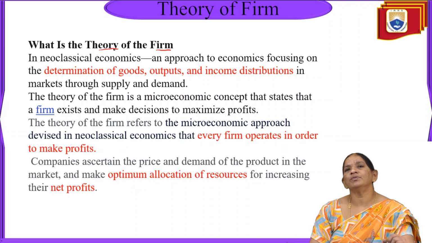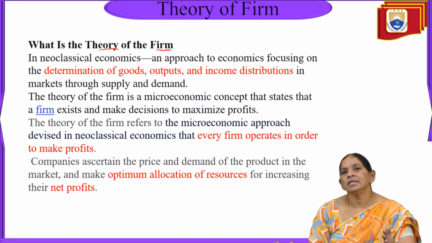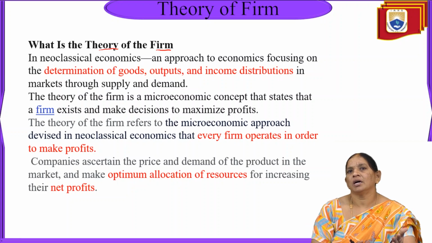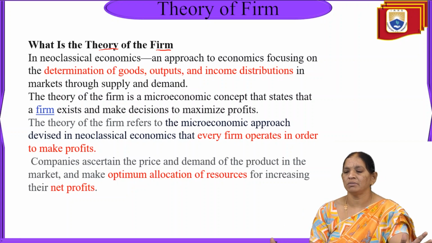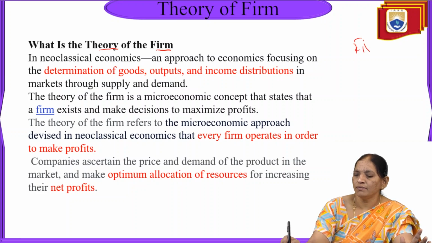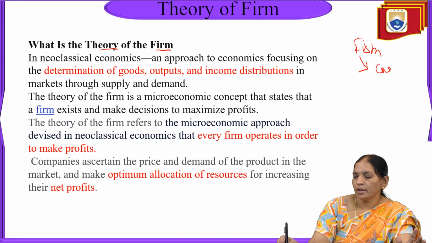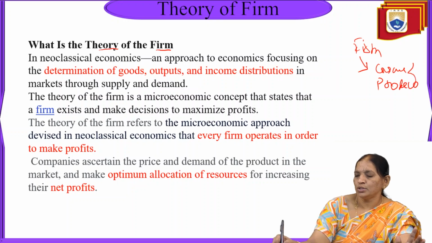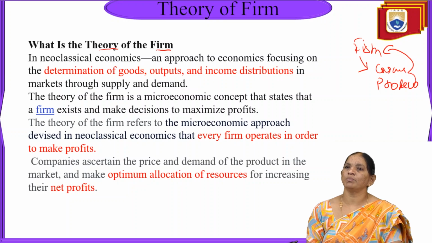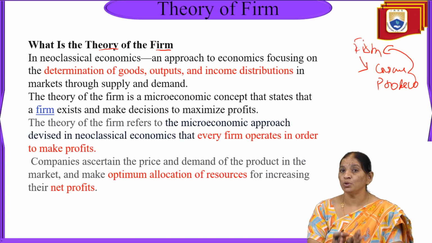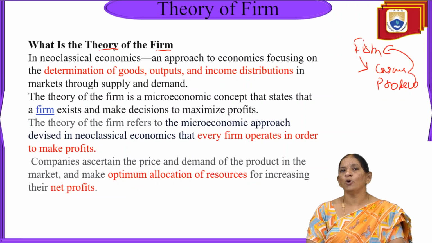So the theory of the firm deals with the way of production and what the organization or producer wants, and at the same time what satisfaction the consumer gets. Means three things: the firm itself goes for what the consumer requires and the producers provide, and these two relate to the firm. So why is a firm established? Requirement of the consumer, producer, maximum utility. We call it the theory of the firm.